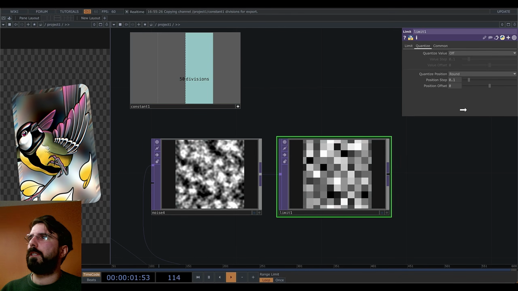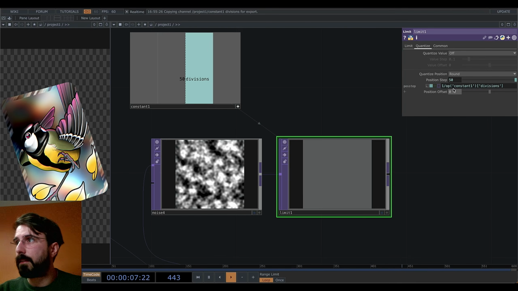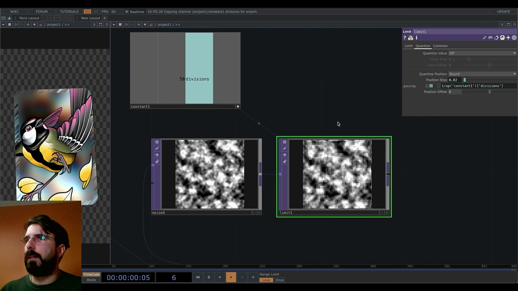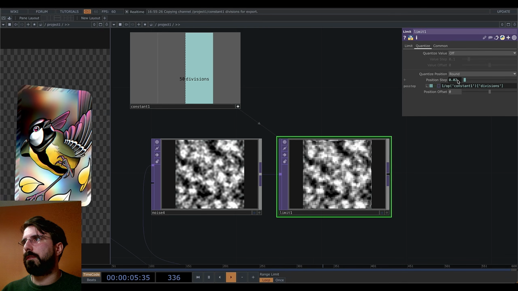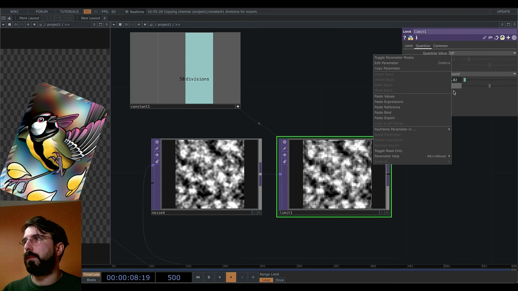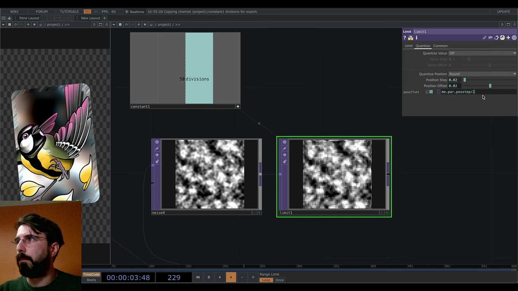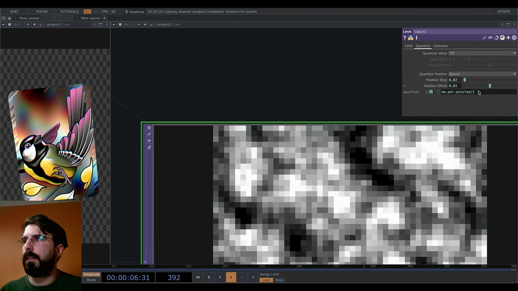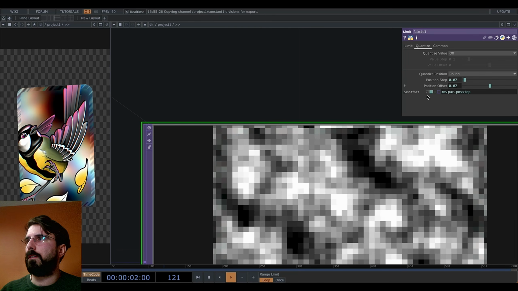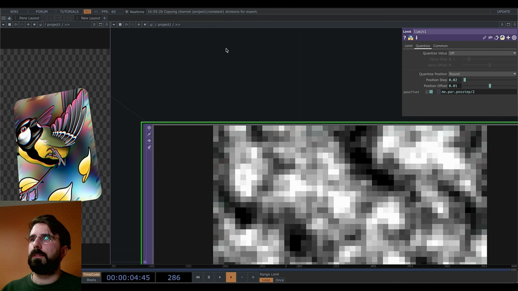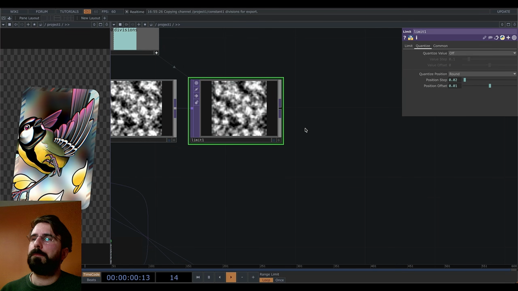Okay, then I'm gonna go here, drop this in here, and then write 1 divided by that. So now we're dividing by 50, and for our purposes, actually, this is not a problem, but usually what I do is also I copy this parameter and I paste the reference over here, and then I go in here and I divide by 2. That kind of takes it, you see how you have these edges, and that one removes those edges. Since we're not really going to use this texture all the way to the edge, it doesn't really matter, but